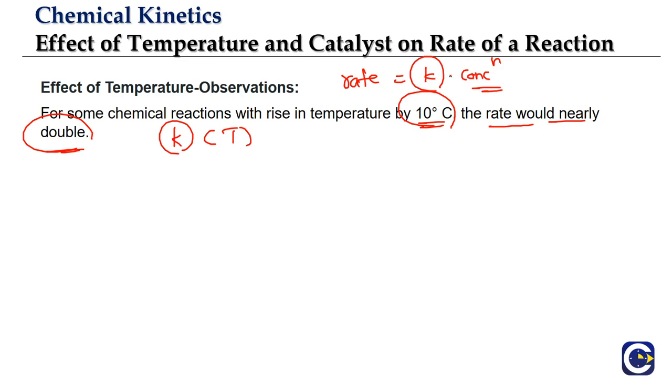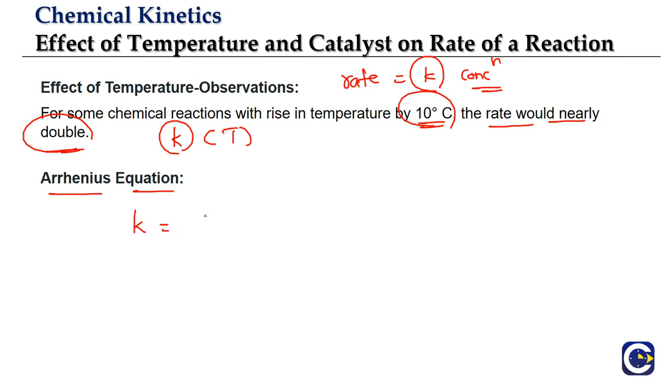So if the temperature is playing a role in the rate of the reaction, then temperature must have a relation to the rate constant. The first attempt to explain how the K value depends upon temperature was made by Van't Hoff, who proposed an empirical formula which was further supported by Arrhenius, and he even gave the physical significance of the terms involved in the expression. That's the reason why we call it the Arrhenius equation. So the Arrhenius equation talks about how the rate constant K depends upon temperature.